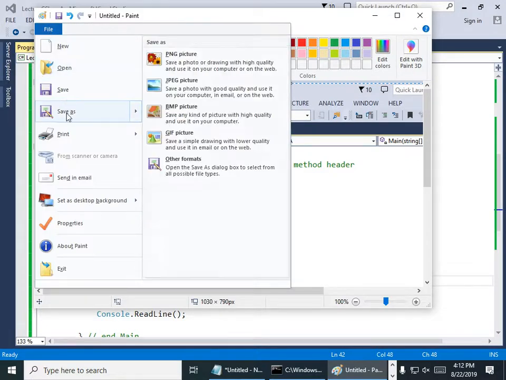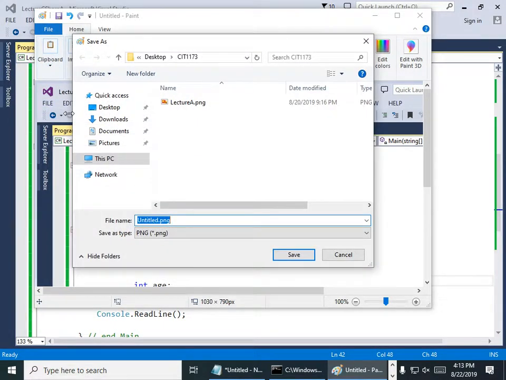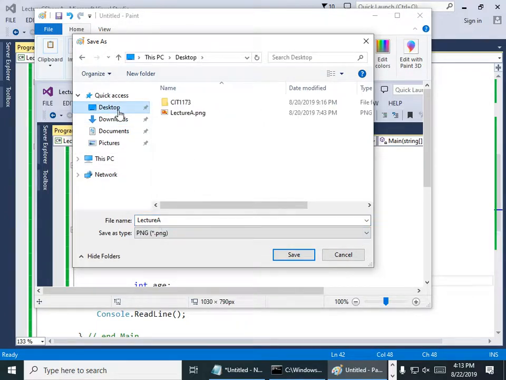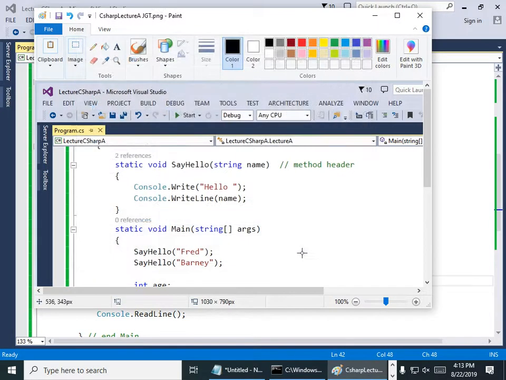Just save it. Save it as Lecture A. We should have a nice folder for all of our homework submissions, right? So C# Lecture A, I'm going to call it that. Put my initials on it and everything, just to be really nice. Okay. There we go. Now I have a screenshot that I could submit along with the rest of the code.